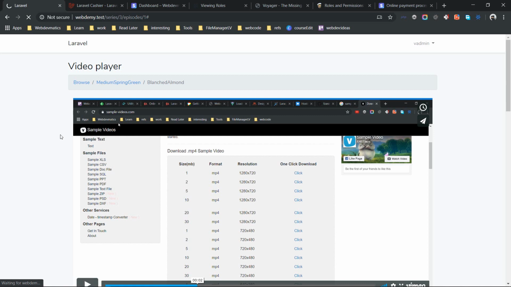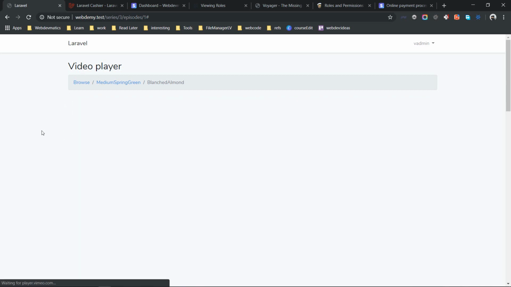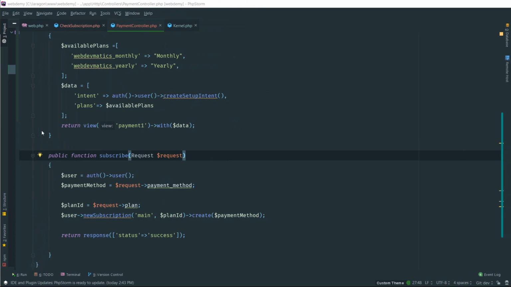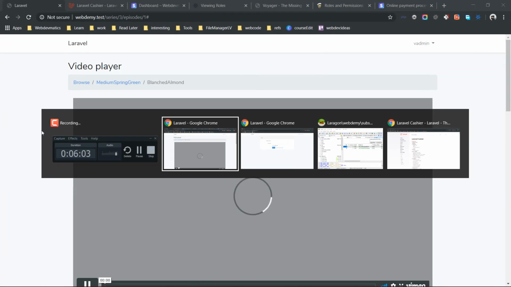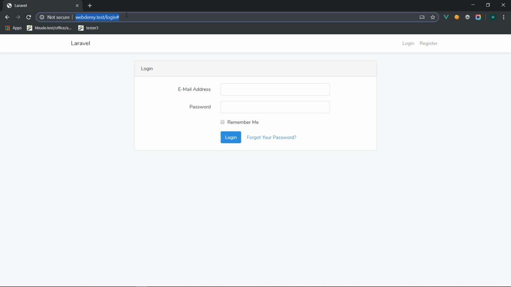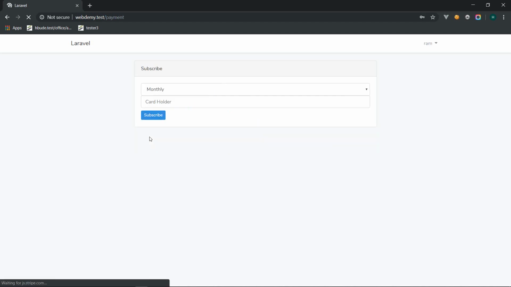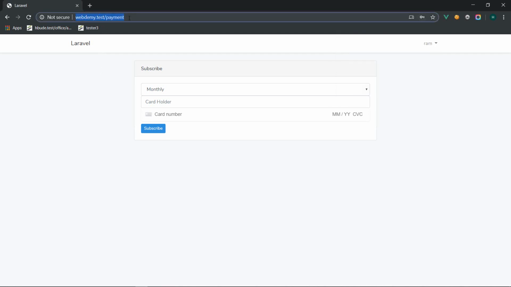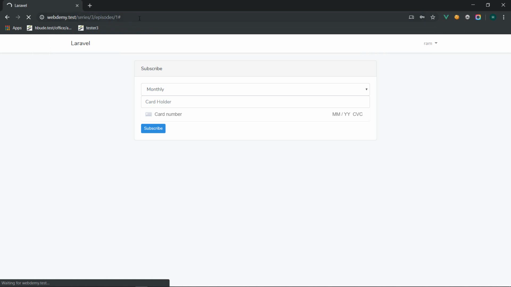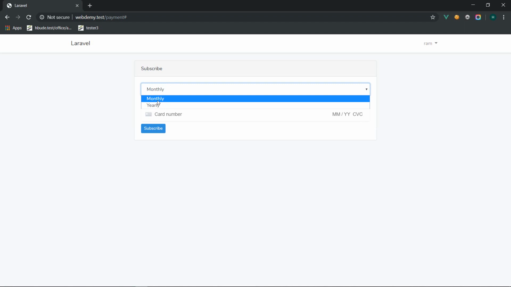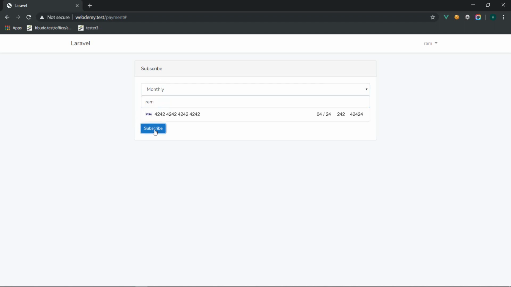so first let's check if subscribe user can view this URL. Yeah, perfect, fine. And let's go back and let's try to visit that URL. So we are currently not logged in, so first we need to log in. Alright, so we are redirected back to payment page. So if you try to visit this page, it will redirect us to payment page. Alright, so once we are subscribed, so currently we are not